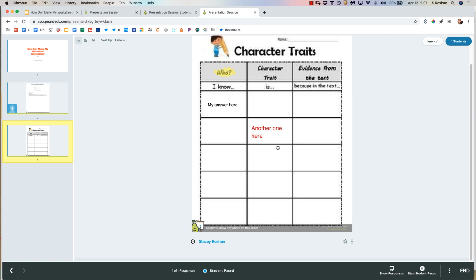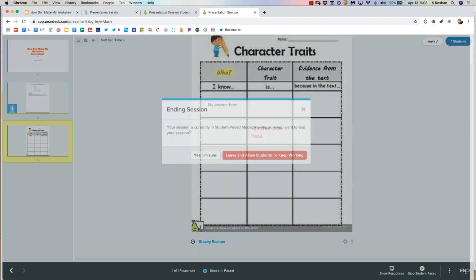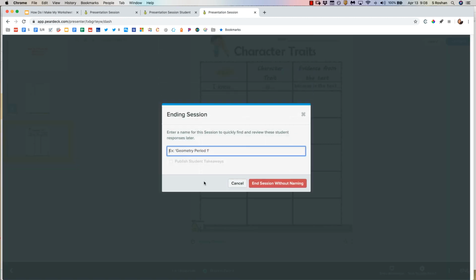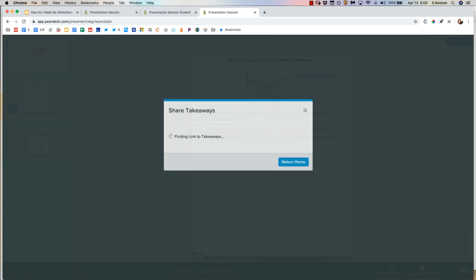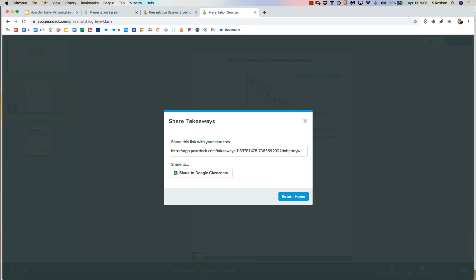Now, you can't give feedback right from the screen. So what I recommend is wait until all students have completed the assignment. If you have a student who needs to do it late, you can always relaunch this PearDeck. So when it's due, I would end the session, say, yes, I'm sure, and publish the takeaways. Save and exit. Now, once the takeaways are published, I can click this link, open it in another tab, or